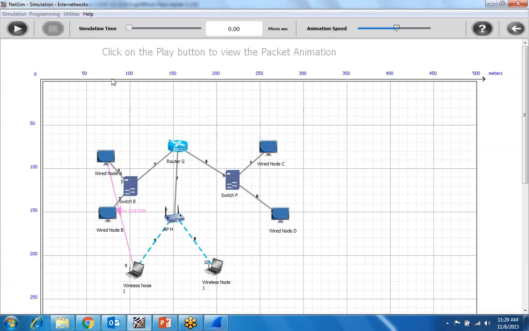Okay, in which there is a packet animation player. When we play this simulation, we can see some packets moving from this node 1. It will send a packet, and when it gets the acknowledgement from node 9, it will send a custom type of packet. You can see from here. Okay.